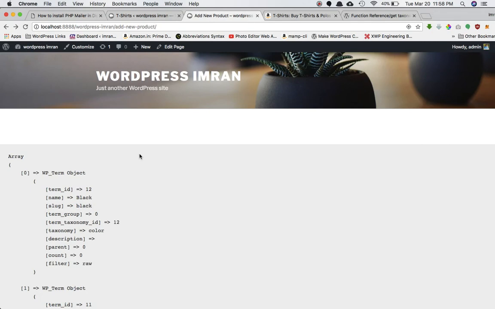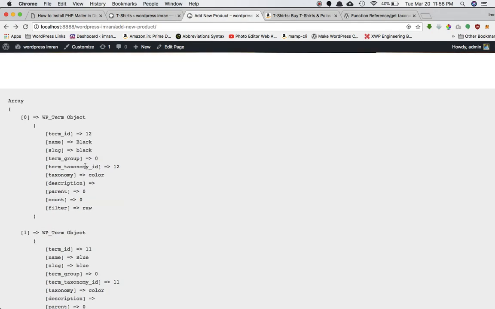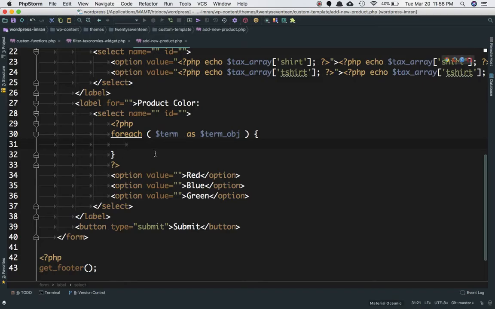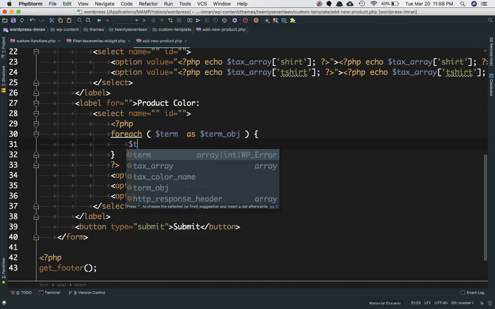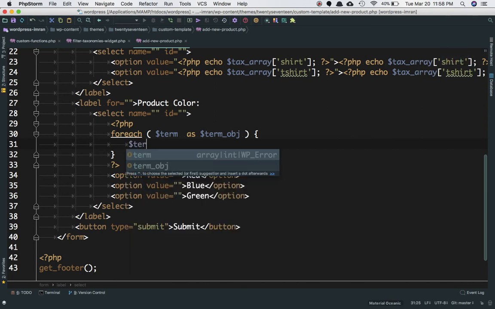So I'm going to say, what do I need from here? I think what I really need is basically the name, and I want the slug and the term ID. I think these are the three pieces of information I need. I don't need anything else over here. Okay, so what I can do is I will say term name